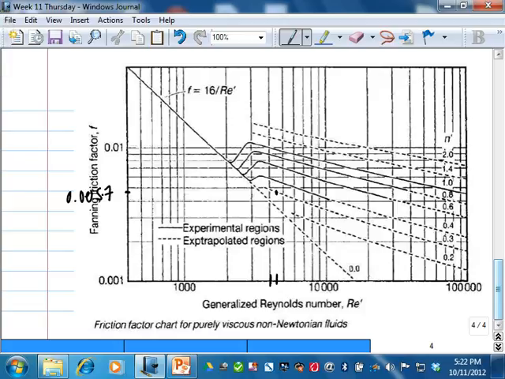Okay, logarithmic scale, R is prime. In this case, our n prime is 0.3, so we follow this 0.3 line. Never mind, dotted, it's extrapolated data, but never mind. Then you go there, it's 0.0057. Is that okay? And F fanning is defined as